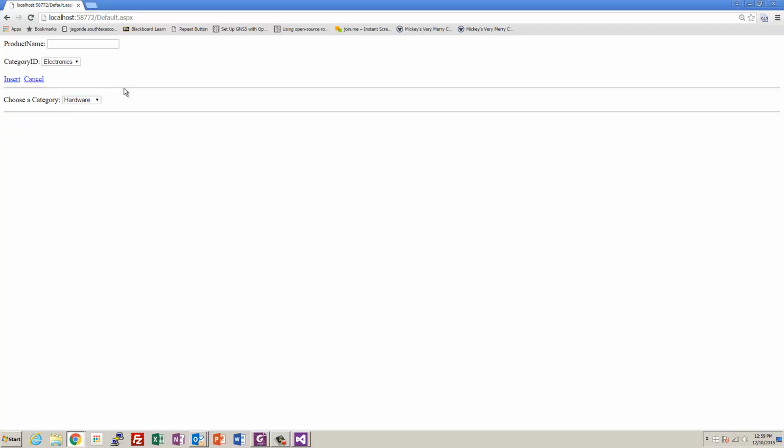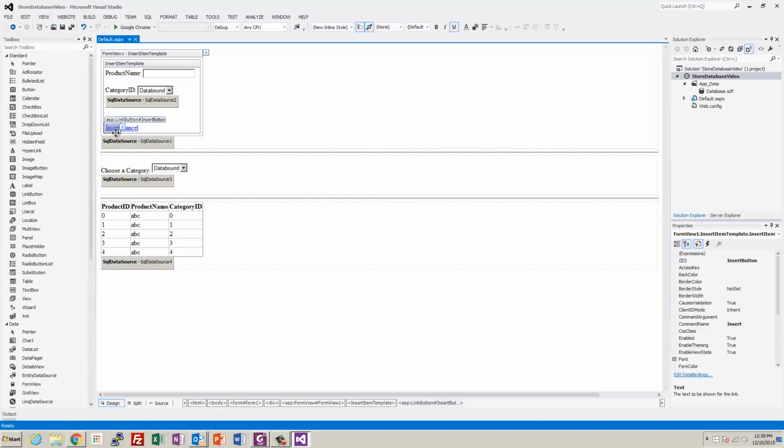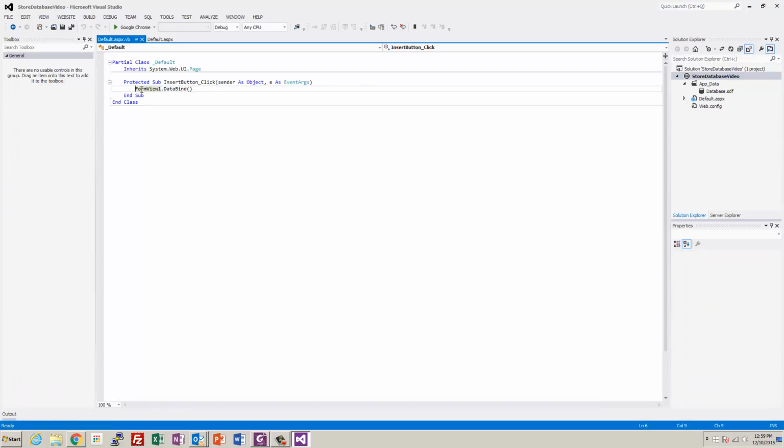Alright, so I think the problem is that code we put. So we can fix that. So close. Hit stop. Go back to our insert here. I'm going to get this FormView.DataBind. I'm going to cut it. Okay. And then what I'm going to do is